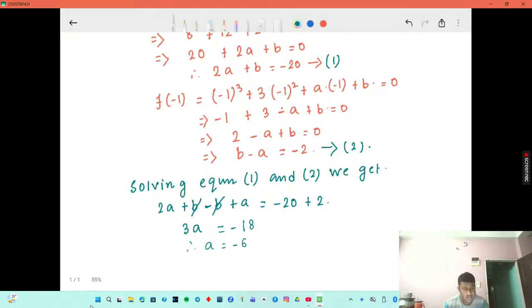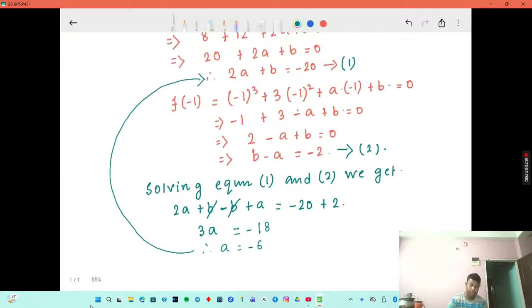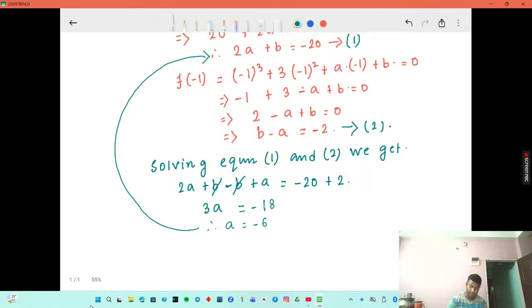Is it clear to you? So the value of a is minus 6. Now we have to find the value of b. In order to find the value of b, we will substitute the value of a in equation 1. So now by substituting the value of a in equation 1, we get